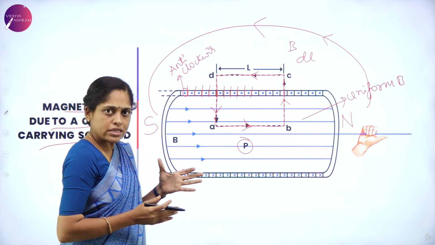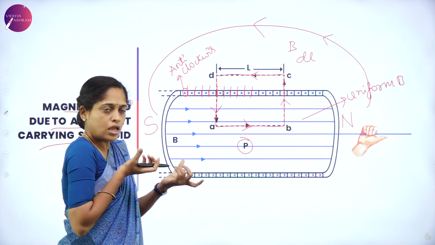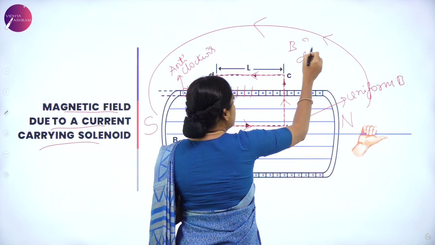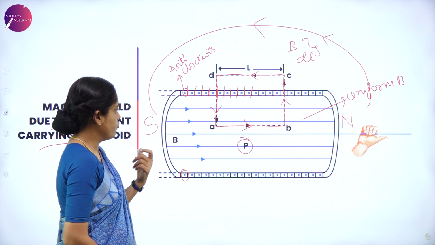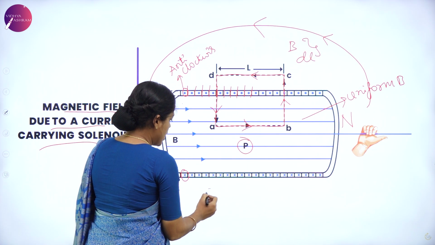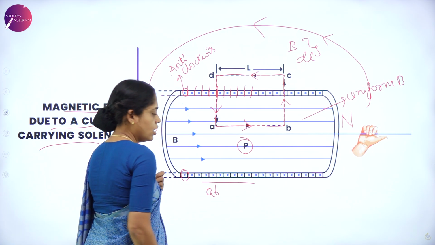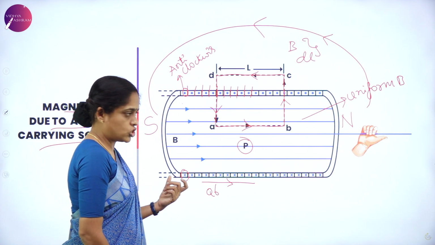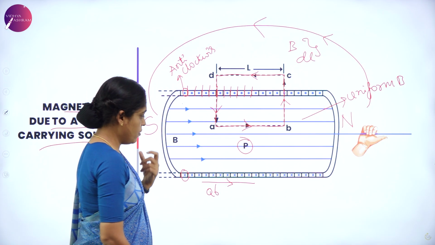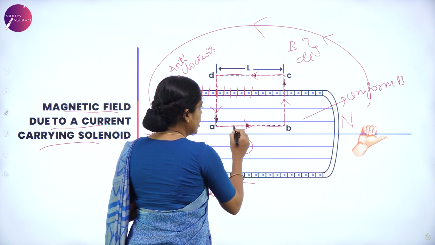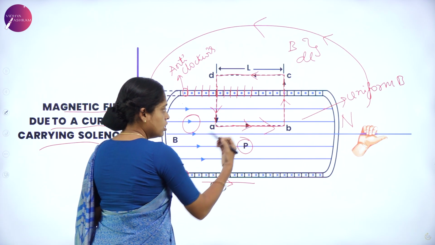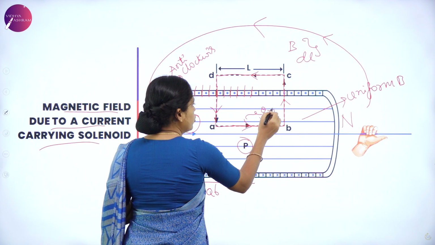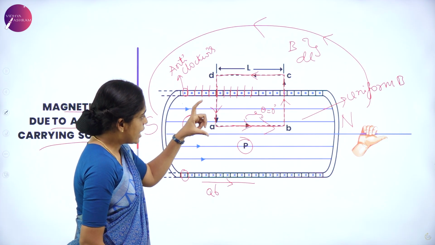After this, you have to find the angle between dl and B to apply Ampere's circuital law. So, we consider this closed path side by side, and we will find the angle between B and dl for each side. For example, here I consider AB first. In this, the direction of dl is from A to B, and the direction of the magnetic field is in the same direction. As they are in the same direction, the angle between them is 0 degrees.